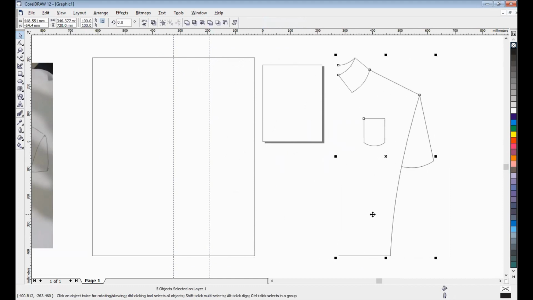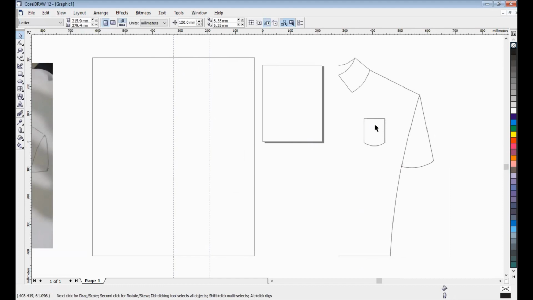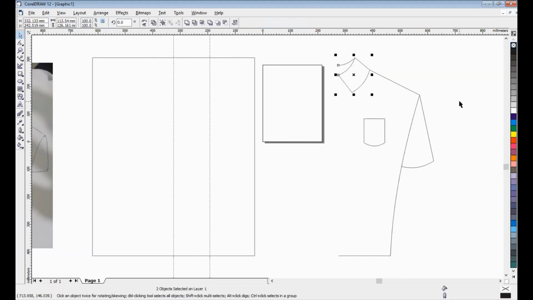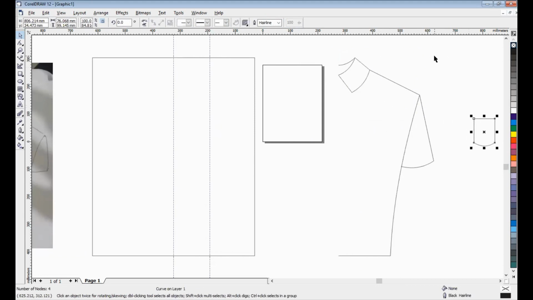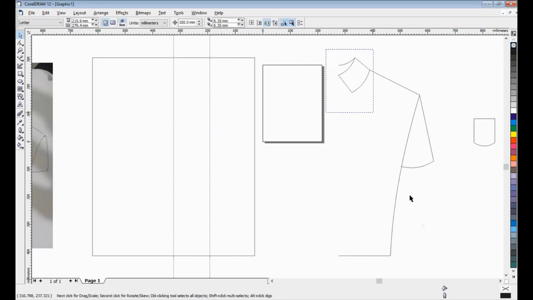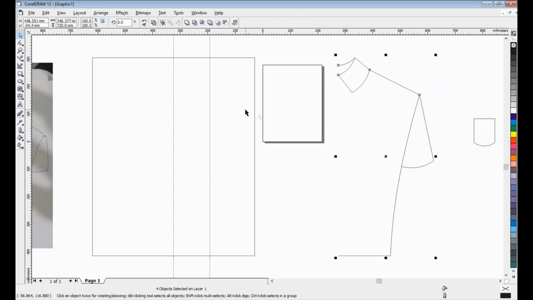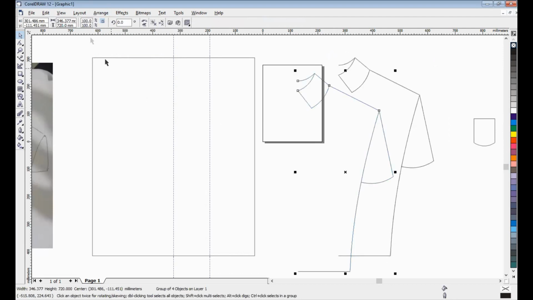Move this. Okay, 1 2 3 4. I want to group this object first, and then copy and paste here.